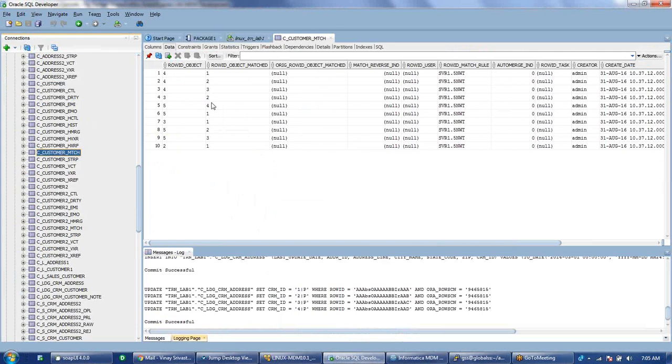So we know, for example, that these are the 5 records. We run the match process and just see whether the records are matching or not. In this case, even if there is a small difference in the data, it got matched. So in case it is not matching, and you know that these are duplicate records, then what can